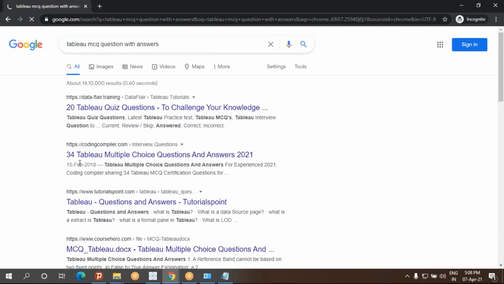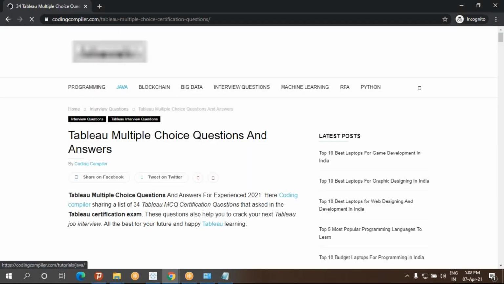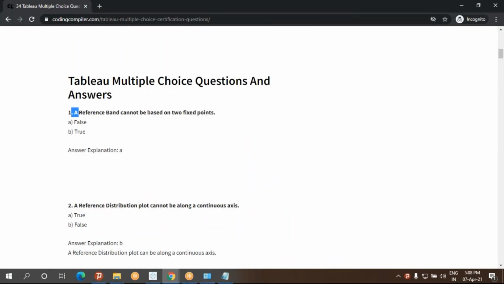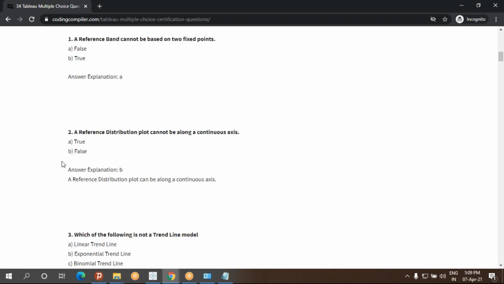For example, I'll take this one. Okay, so like this. A reference band cannot be based on two fixed points, true or false? False.